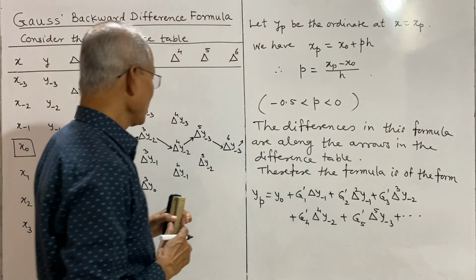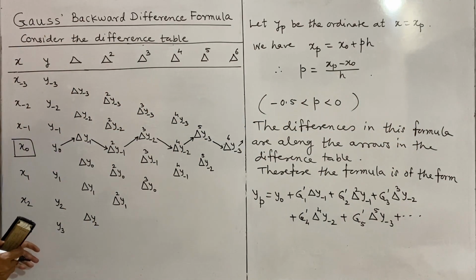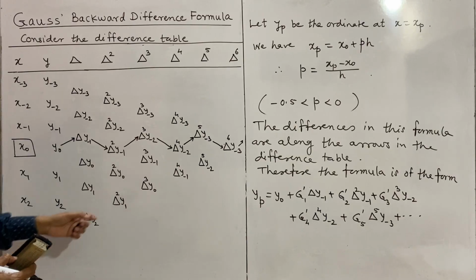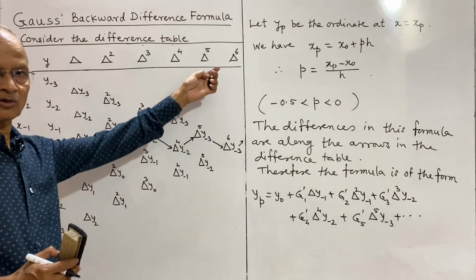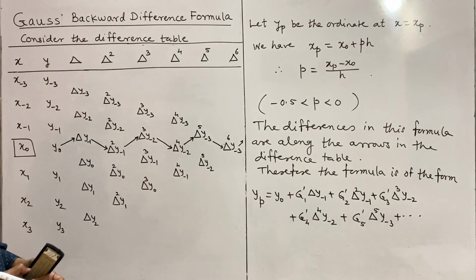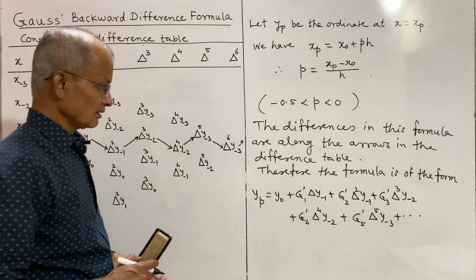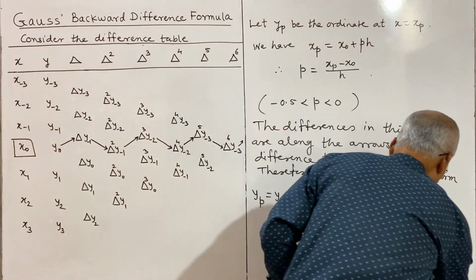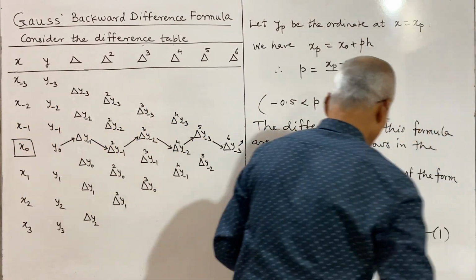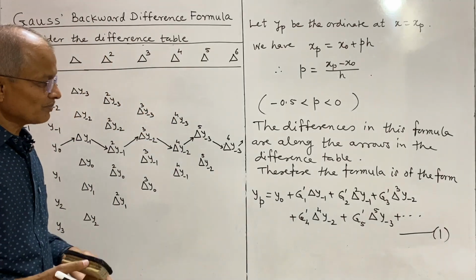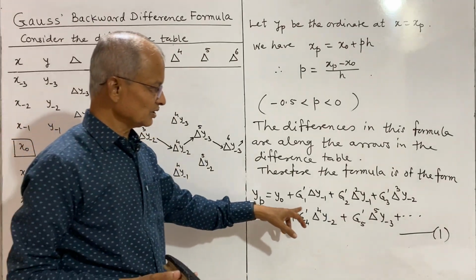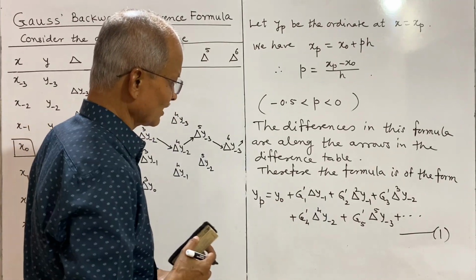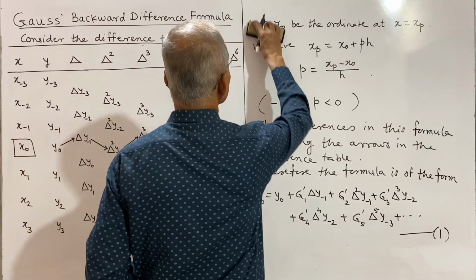It is continued. If there are n plus 1 entries of x, then the differences are required to be considered up to nth order, and this is the formula we have considered, where the values of g1, g2, etc., g1 dash etc. are to be determined,